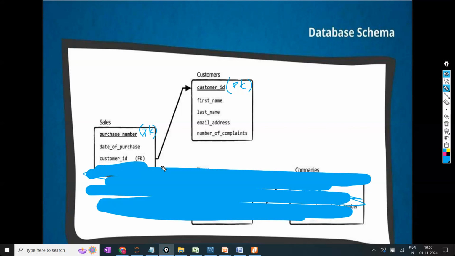Later, let us create the same kind of database schema. Whatever you are seeing on this one, let us create the same thing also.